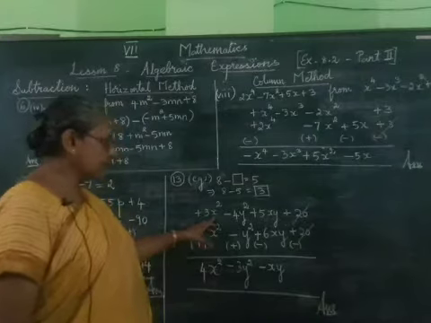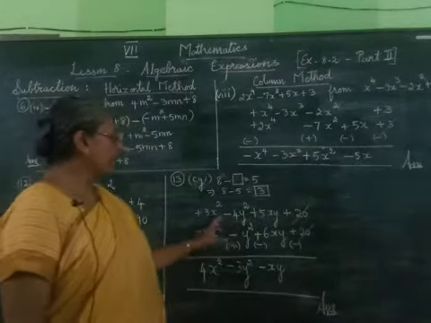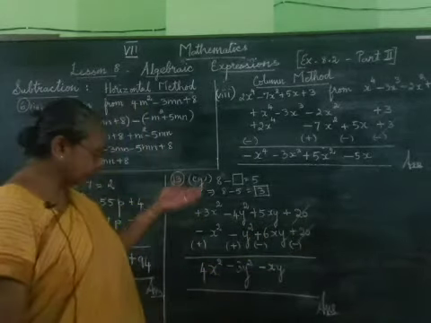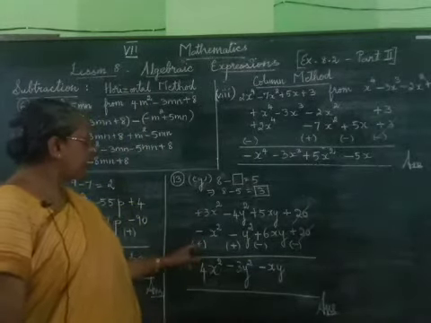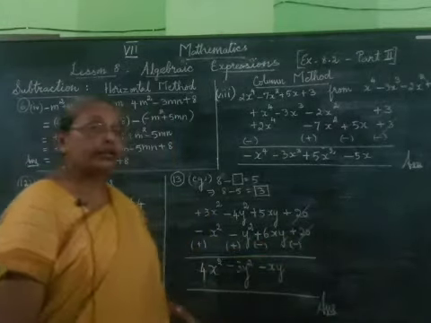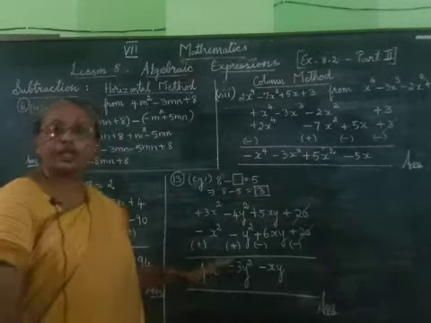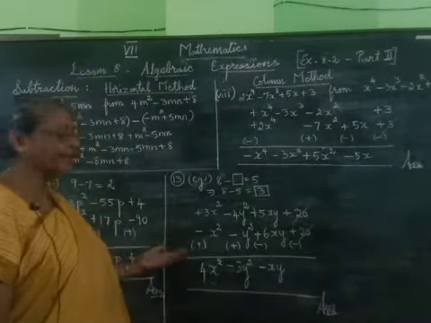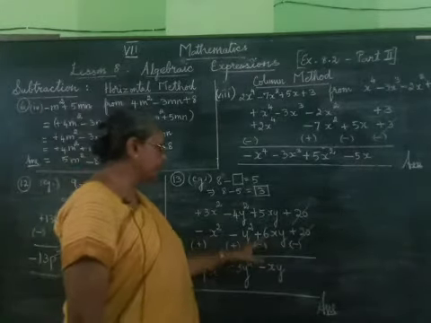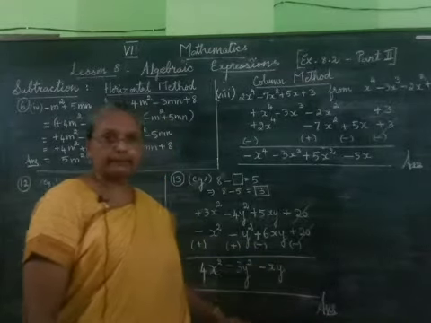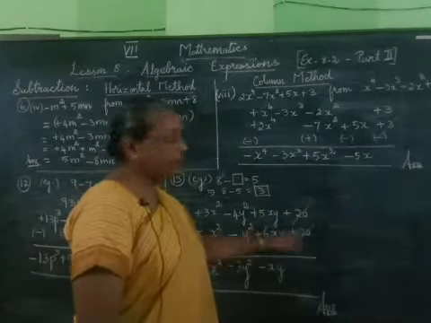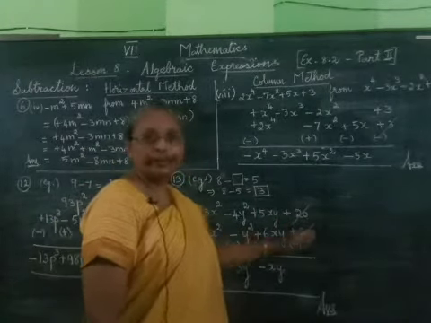So I have written the first expression in the first line, 3x squared minus 4y squared plus 5xy plus 20. Then the second expression we are going to subtract, that is minus x squared minus y squared plus 6xy plus 20. Now, same method: change the sign of all the terms in the second expression. Minus will become plus, minus will become plus, plus will become minus, plus will become minus. Now in the constant term, both are 20, one positive and one negative, so they get cut off.